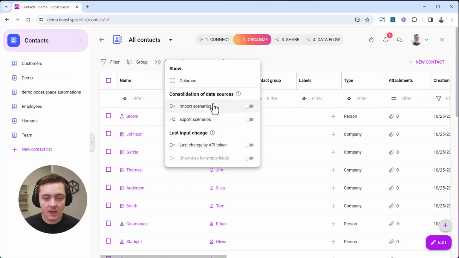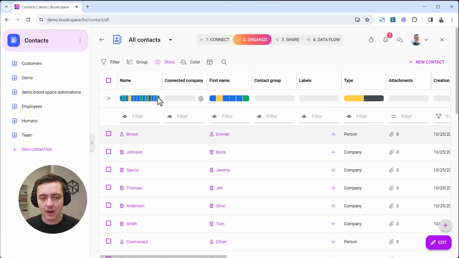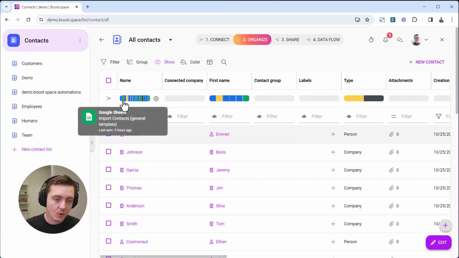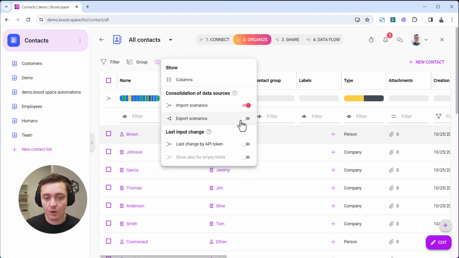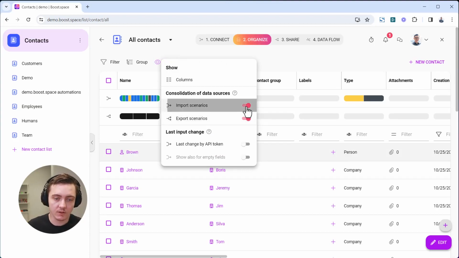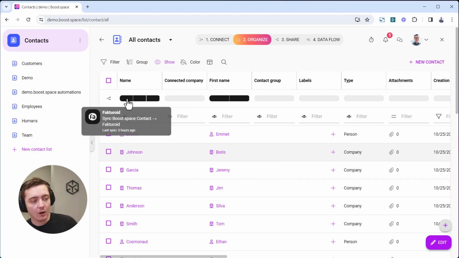You can also see the importing scenarios, and this button actually shows this little row, which is showing you when the new records arrived in this particular column. If the column is blank, it means there is no integration writing data, saving data into this particular column. Also, you can see this view for exporting. So this view will just show you this bar, and this bar will tell you which tools are loading data